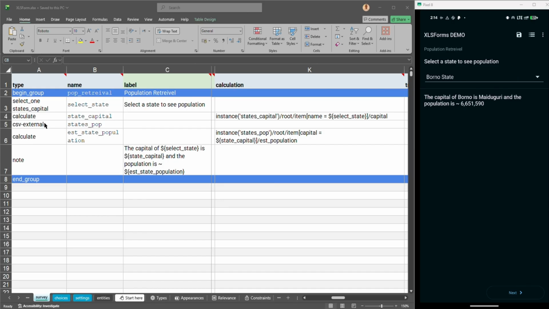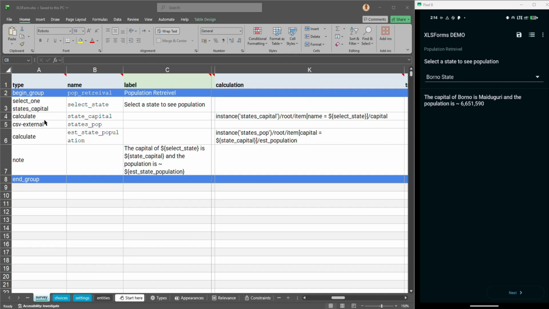It's going to come in very handy when we begin to discuss entities, to understand how you're able to pull values you already have within a CSV file. So with this now, it's very dynamic. If you have a table that's very large and someone selects a particular option, for example, you have a table of farmers with their names, their location, or the number of hectares they have, what they farm, you can always